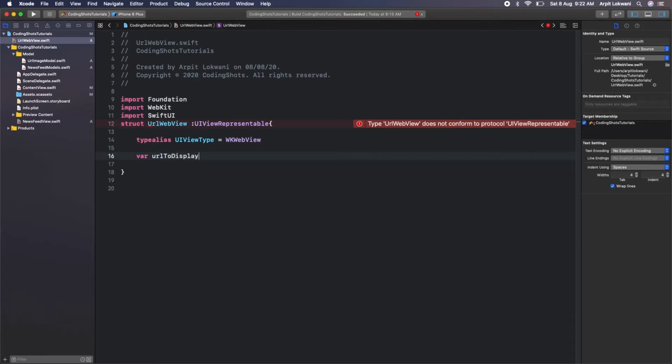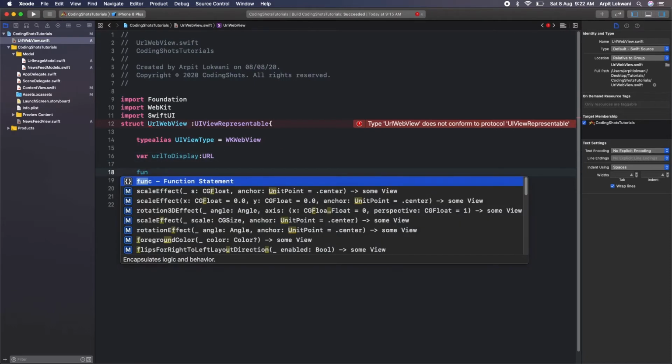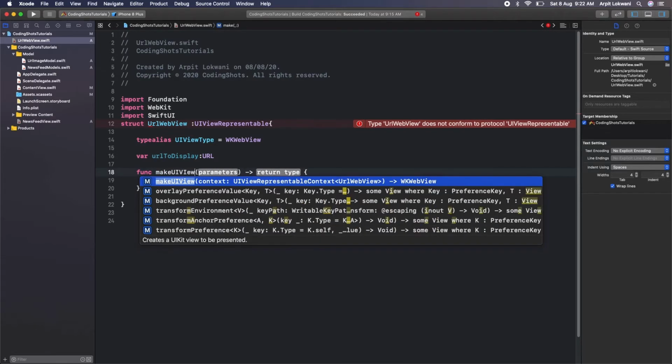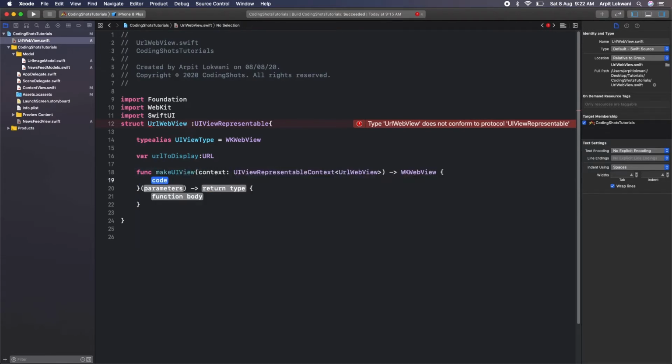So display type of URL, fine, and we can say function, make UI view context. That should be a context, fine, and the return type should be WK web view.